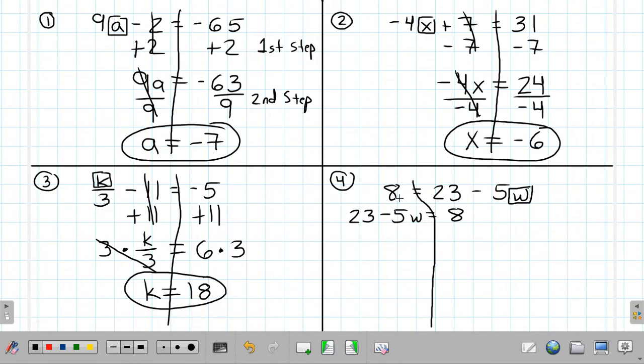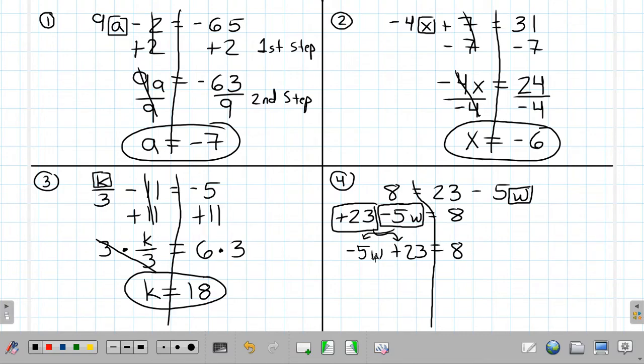And this is a little trick that you'll definitely learn because this will happen over and over again: if I want to flip this around to make my variable term in front, the negative has to go with the 5. One way you can think about it is, there's nothing in front of the 23, so that means it's a plus 23. So now when I want to flip it around, I just flip these two around. So I do -5w plus 23